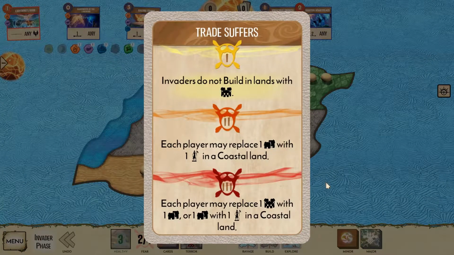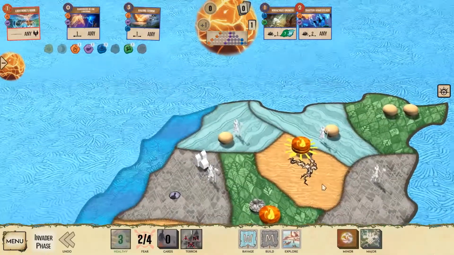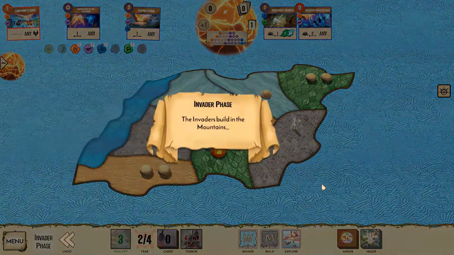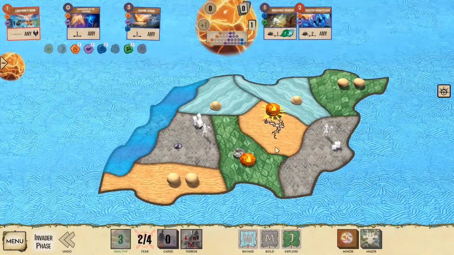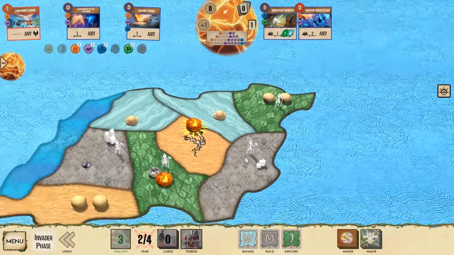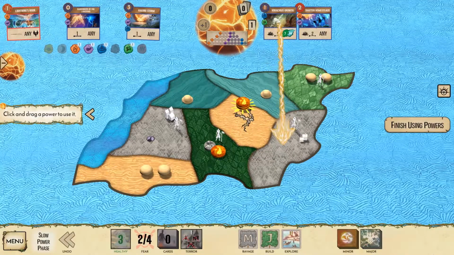And then, they do not build in places with cities. Okay, sure, that makes no difference here whatsoever. Oh no, it would have. Damn, I wasn't even paying attention. Yeah, okay, that actually did save me. Never mind. See, this game gets overwhelming very quickly. I completely blanked on the mountains. But that's fine, because I can still just...